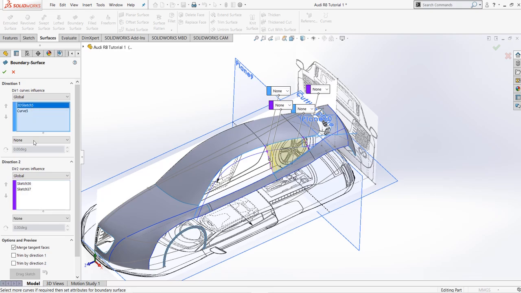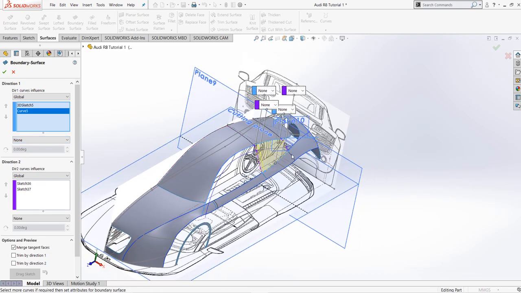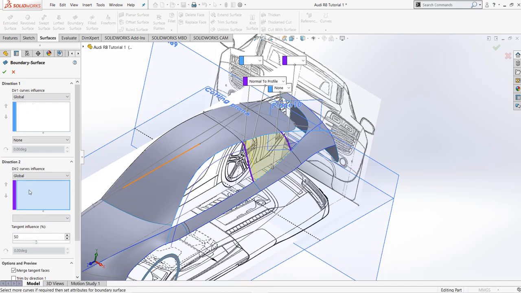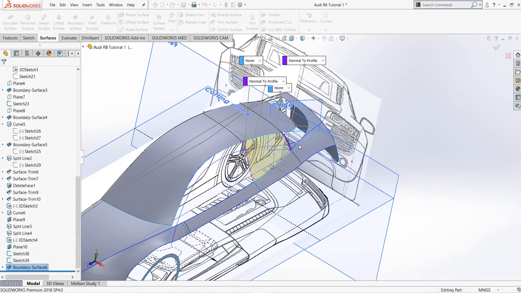Now select this first sketch and select this curve, give normal to profile and give OK, and tangents and planes as 50, and select this sketch and give normal to profile and give the tangents and planes as 50. Then click OK.